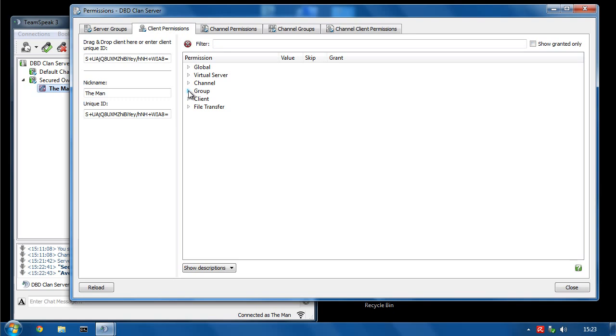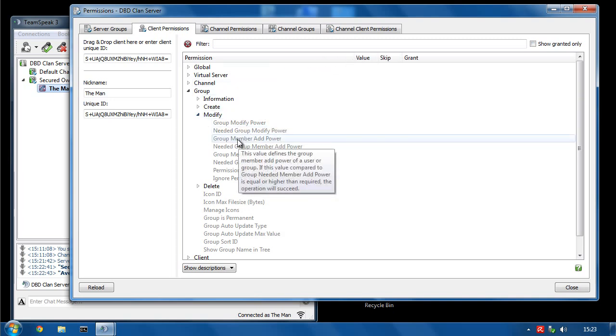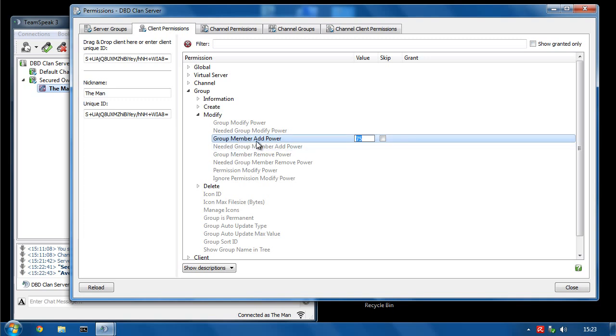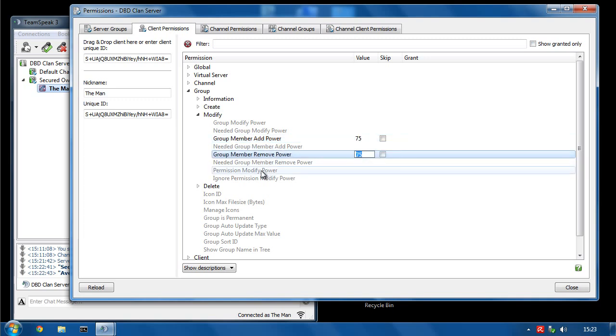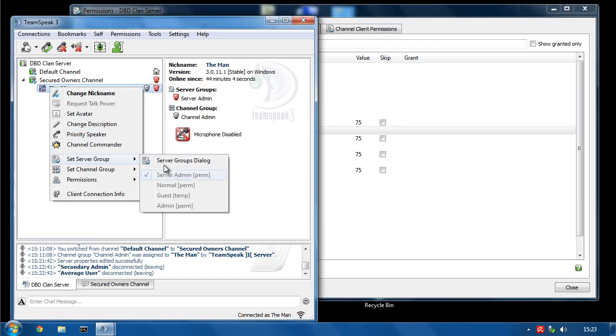So what I want you to do is, now that we're doing it for you yourself, go down to Group, Modify, and I want you to set for yourself a group member add, remove, permission modify, and group modify, all of 75, so that what you can actually do is you can take away,